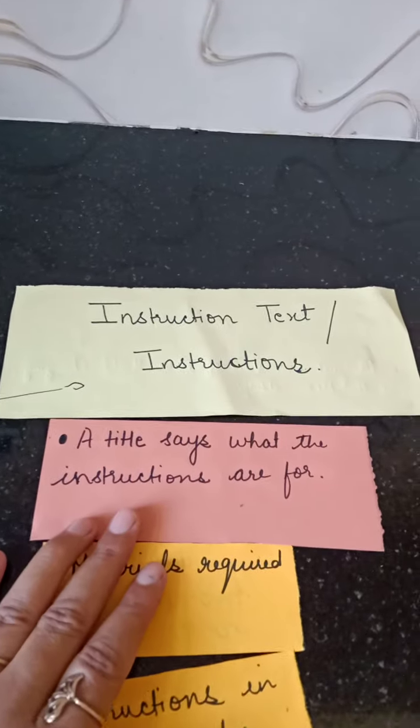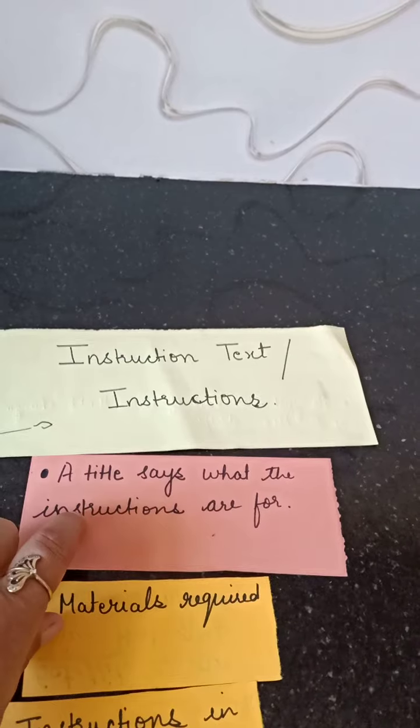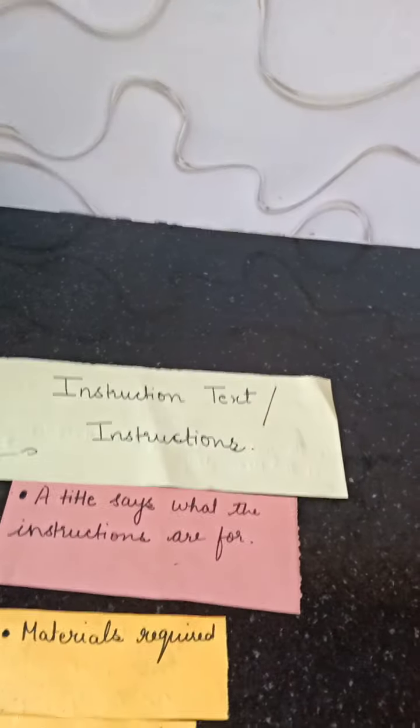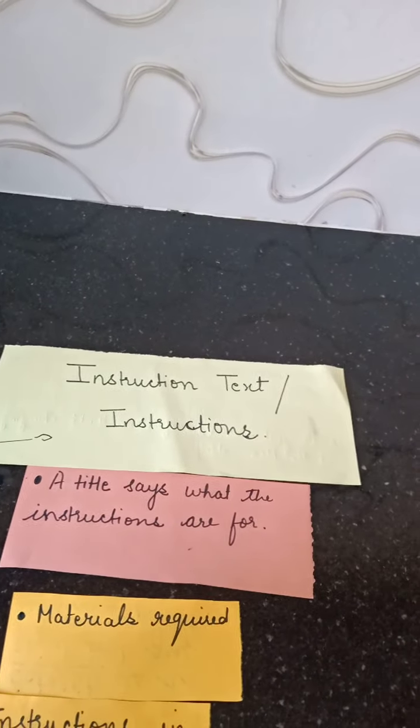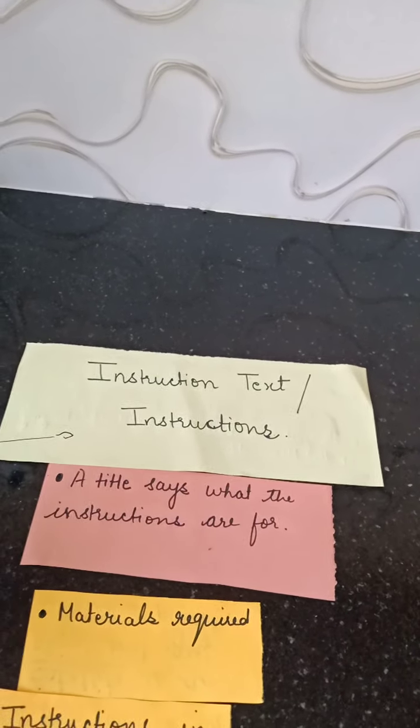Yes, there's a structure, there's a format of writing there. Shall we discuss that format first? So that's the format for writing instructions. First of all, a title is to be written, and a title is a how-to statement, like how to make a cheese sandwich, how to tie your shoelaces.